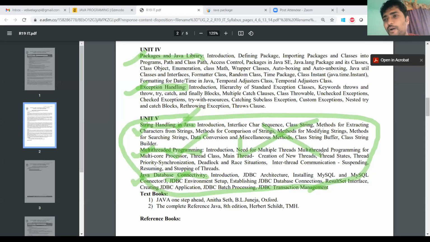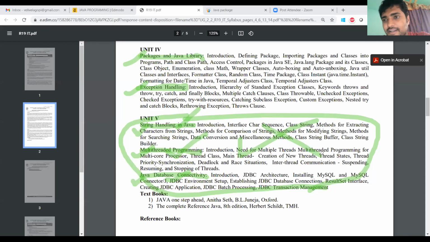Suppose we take a login page. I have written the program for a login page. If you give the username and password, and they match the content in the database, then your page will be opened. That means between your page and your database, there should be some connection. Then only the output will be executed, then only the Java logic will be executed.